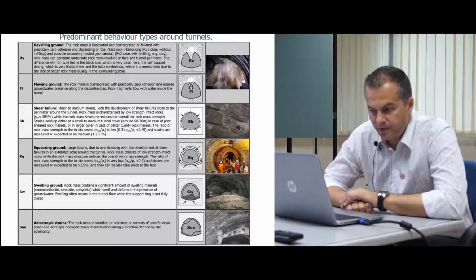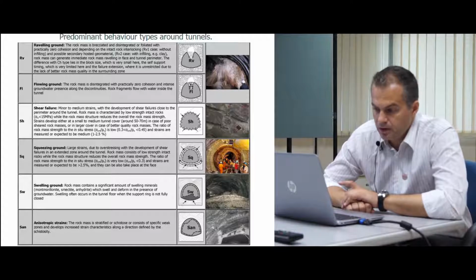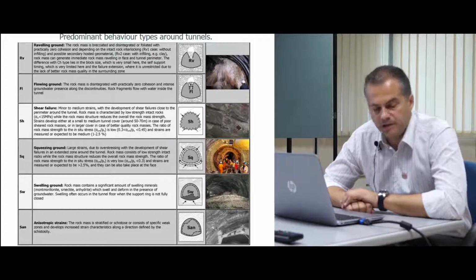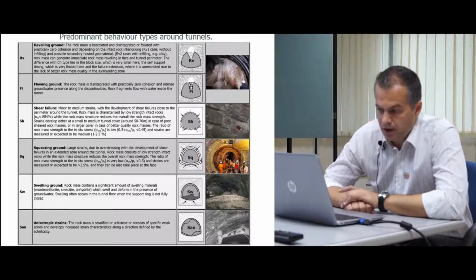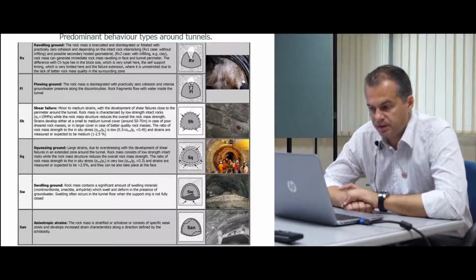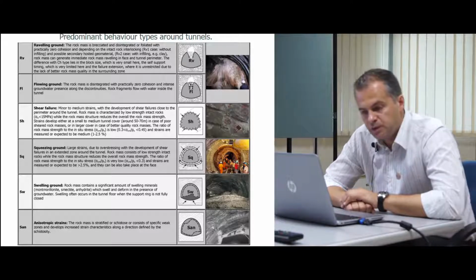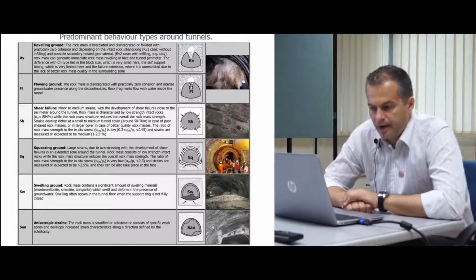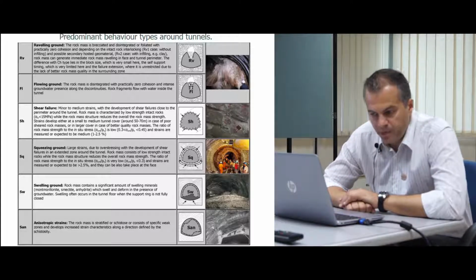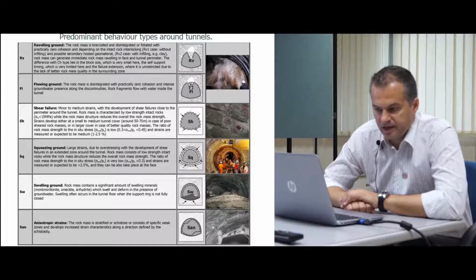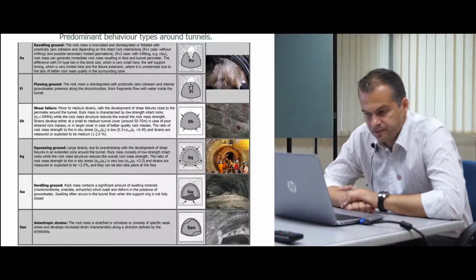Strains develop either at small to medium tunnel cover, so it can happen at less than 70 meters. And in the case of sheared rock masses, if it is a better quality rock mass, then these strains develop in a larger tunnel cover. The ratio of the rock mass strength to the in situ stresses here is very low, between 0.3 and 0.45, and the strains are measured or expected to be medium,